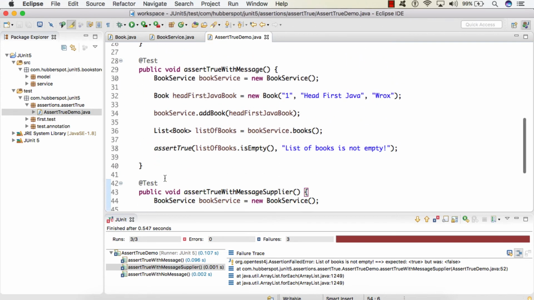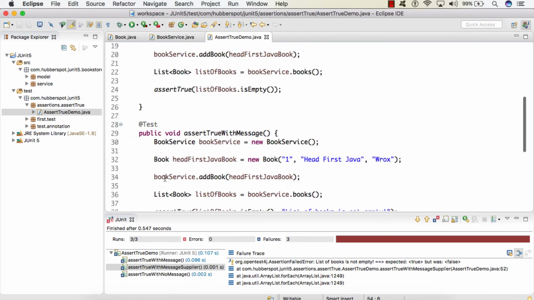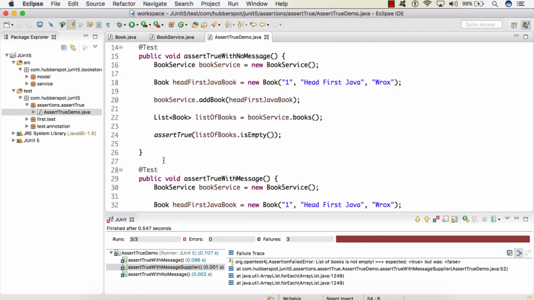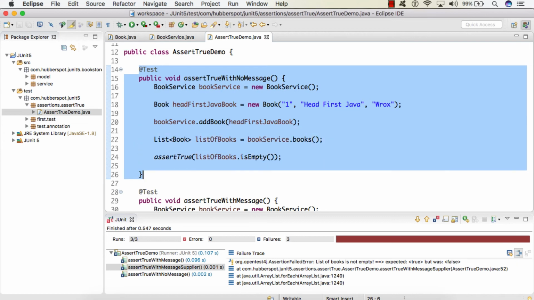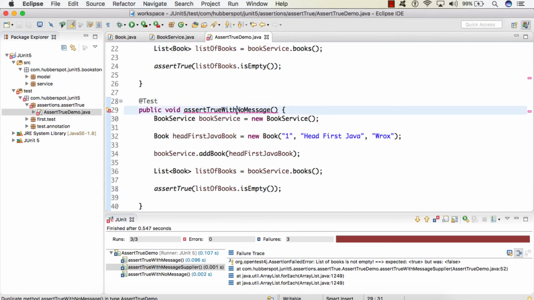So here what we saw were three overloaded methods. The other three are very much similar to these three, with the only difference that now it takes a boolean supplier. So here I will just copy the first test case and I'll give the name as assertTrue with boolean supplier and no message. So assertTrue remains as it is.